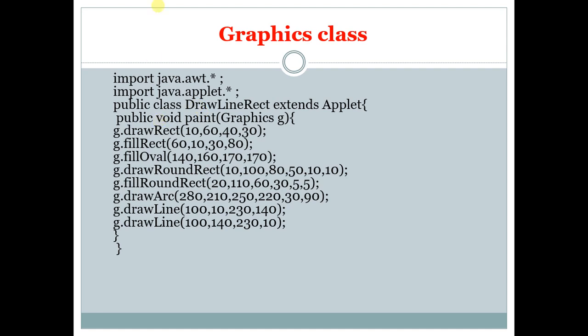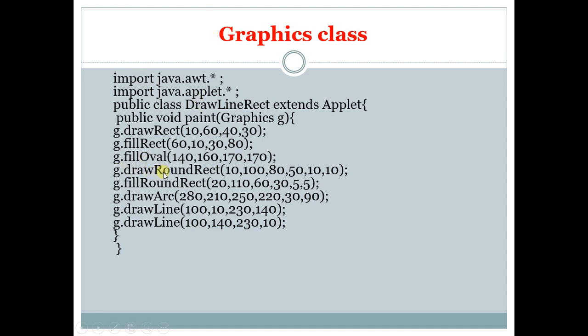Filled rectangle is used to display a rectangle with a fill color, black. Black is the default color. Then the next function is fillOval. There is no function for a circle, so for an oval shape or any circle shape, we use the fillOval function. fillOval is used to display a filled circle or filled oval.